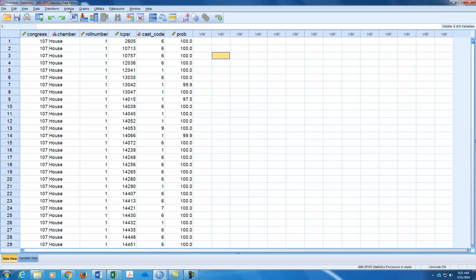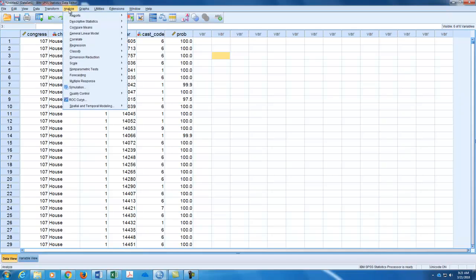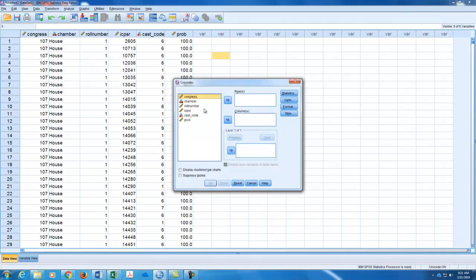The first thing I'm going to do is go up here to Analyze, Descriptive Statistics, and Crosstabs. Okay? And here I'm going to put in a couple of different things. The first thing is the roll number, and I'm going to put that in rows. And then I'm going to put in the CAS code, the 1 and 6. So 1 is an aye, and 6 is a nay, and 7s are I'm not sure, and 9s are not participating. So I'm going to put those in the columns, and then I'm going to run a quick crosstab,